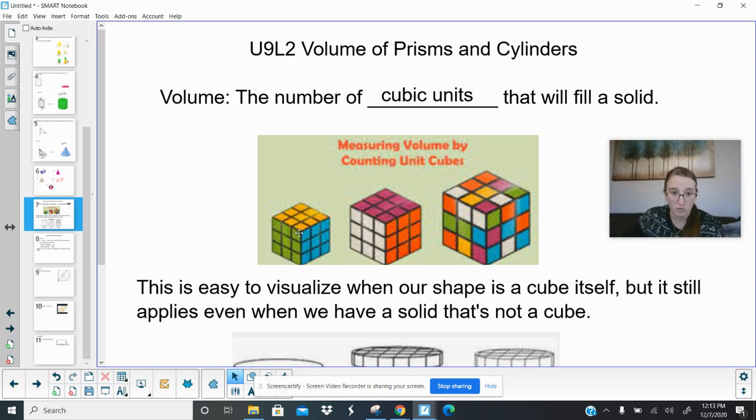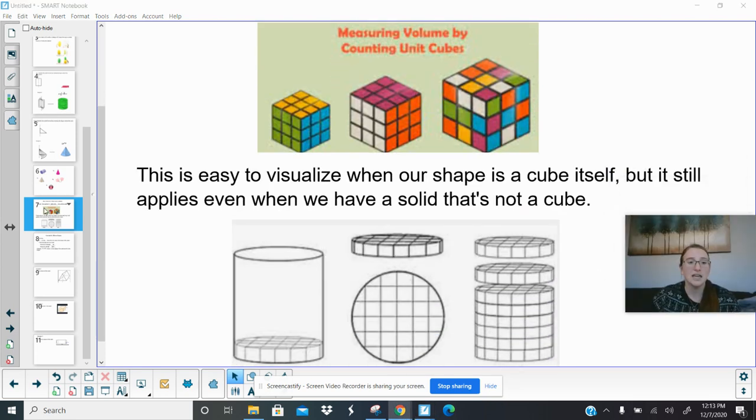Literally, the volume is, if I were to count all of these cubes, I have 1, 2, 3, 4, 5, 6, 7, 8, 9, and then I have 3 total rows of that. So this cube here has 9 times 3, so 27 cubic units is what this one would measure. And then again, these are just getting bigger and bigger. These all have 27 cubes. So it's easy to visualize when our shape is a cube itself,